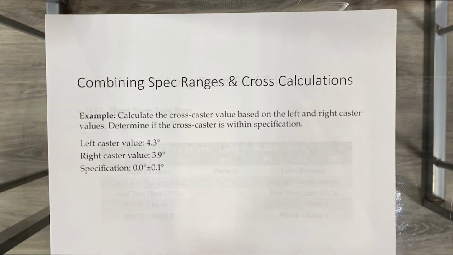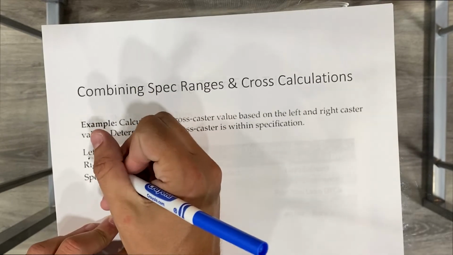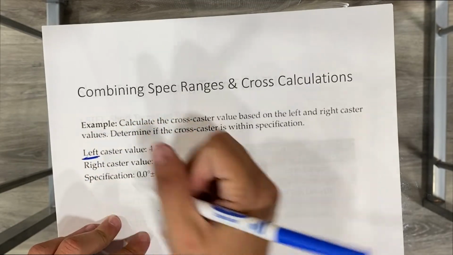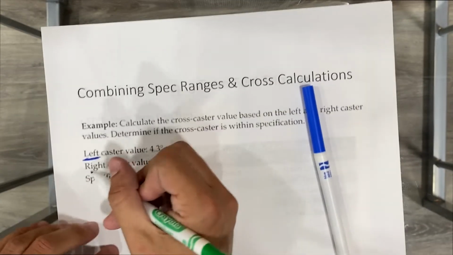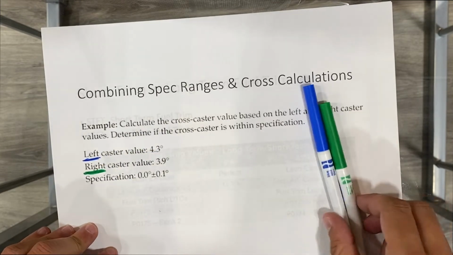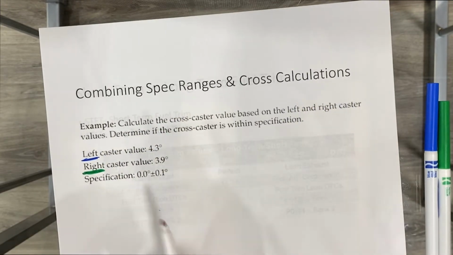So when we see this in the real world, we're going to see both of those two separate calculations that we just performed smashed together into one two-step problem. So what we're going to see is, in our first, we've got a left value that'll be in blue, we've got a right value that we'll write in green, and then we've got a spec value